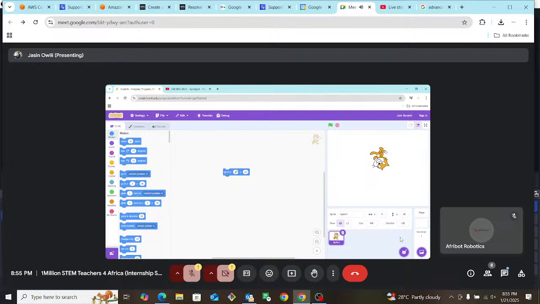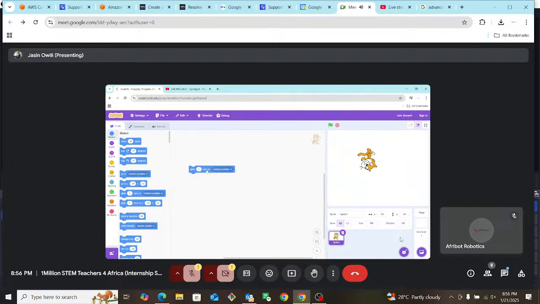You can see my sprite move. What if I change the Y position to maybe 80? What will happen? So it moved along the Y position. So this is Y, this is X axis. So I'm glad we are having this with teachers, and teachers, you already know the axes, and yes, most of those who are teaching STEM subjects, you are already familiar with such terminologies.